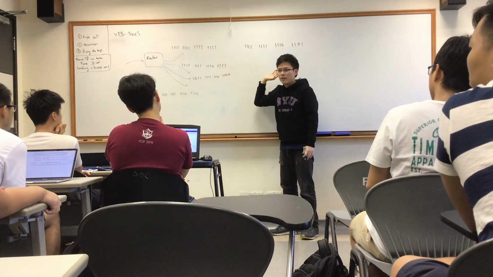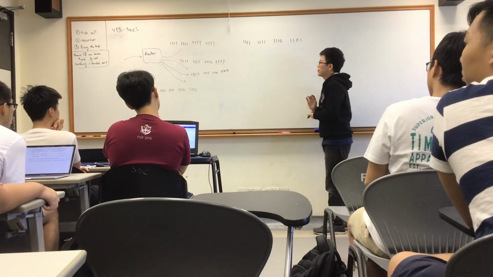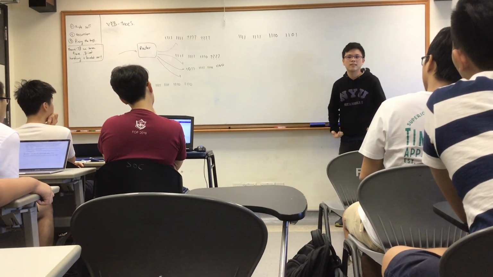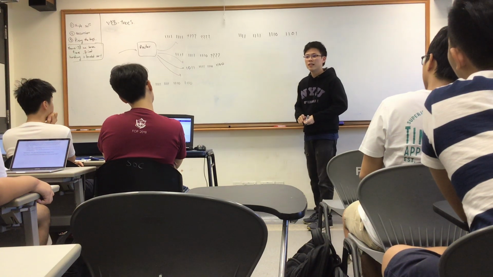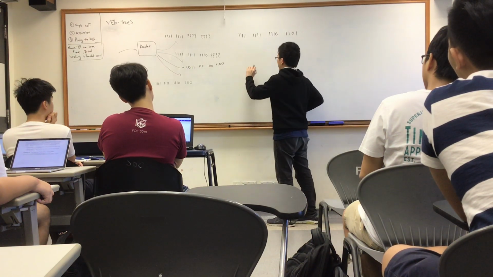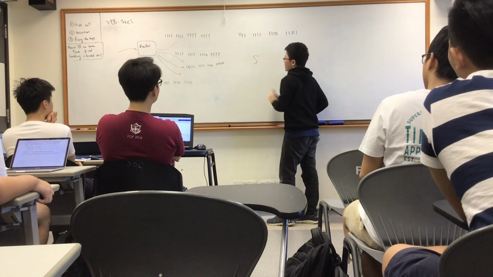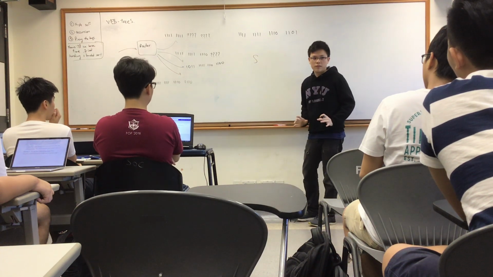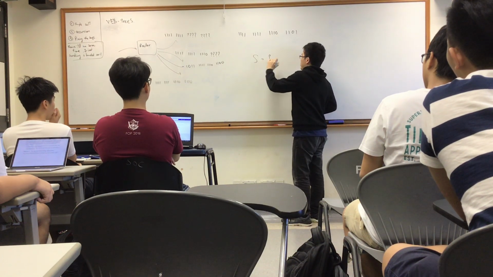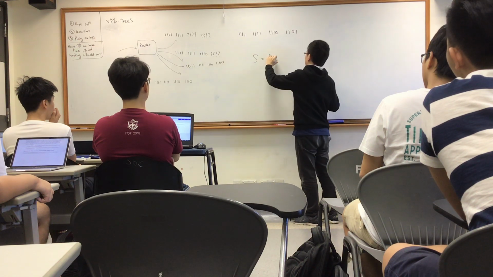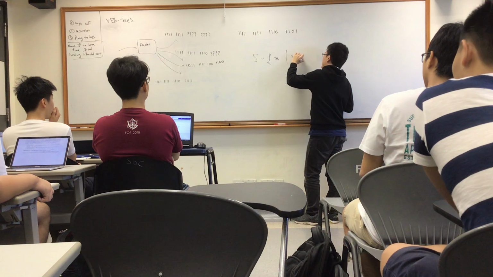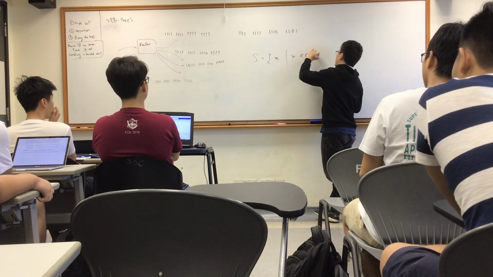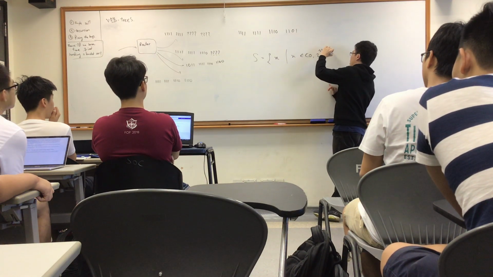Okay. Now, what if I told you this was very similar to trying to find predecessors in a set? Can you see how that would be related? So what I mean by that is, let's say I have a set S. It's just a collection of numbers right now. It could be any number X between, I don't know, 0 and 2 to the power of 32 minus 1.